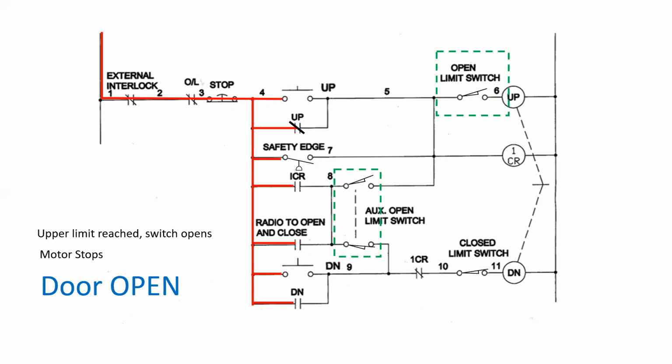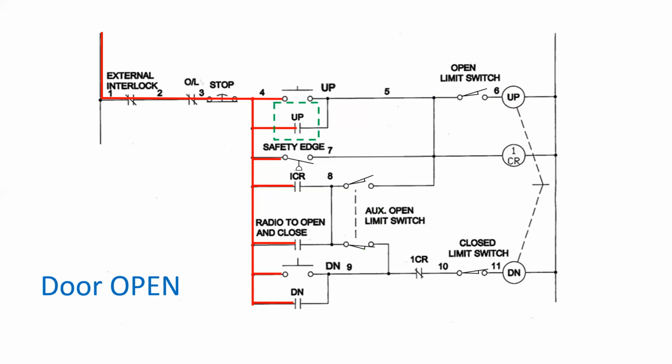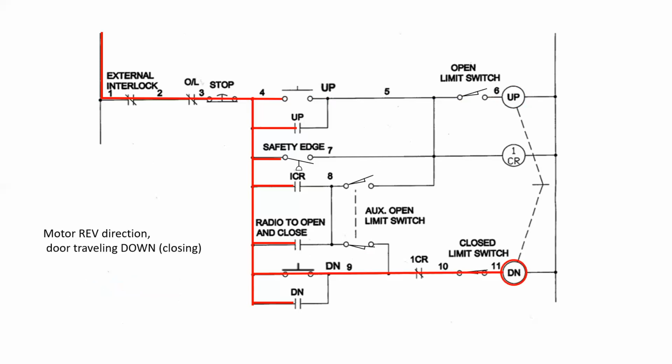Now the door is fully open and my holding contact will then turn off or go back to its original state, and the door is open, nothing's going to happen. Well, let's say we want to now close the garage door. We're going to press the close button, and the close button then in the down direction is going to cause